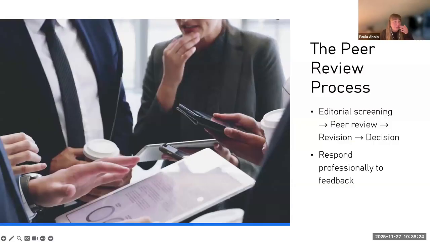And now we come to the peer review process. So once you submit, your paper will undergo several steps. First, the editor will check whether it fits the journal's scope, as I said, and let's say basic quality. If it passes, it will be sent to two or three or even more reviewers who are experts in